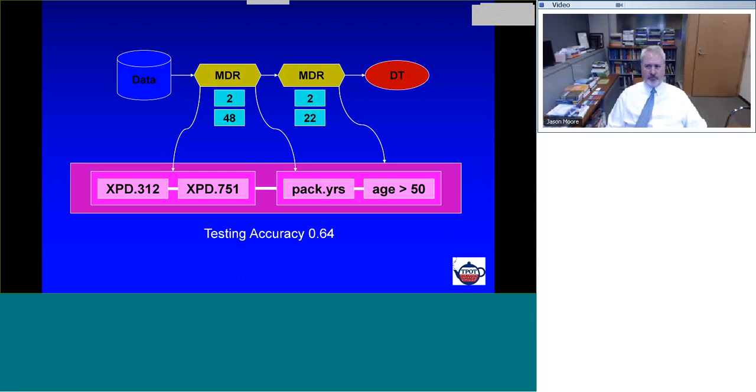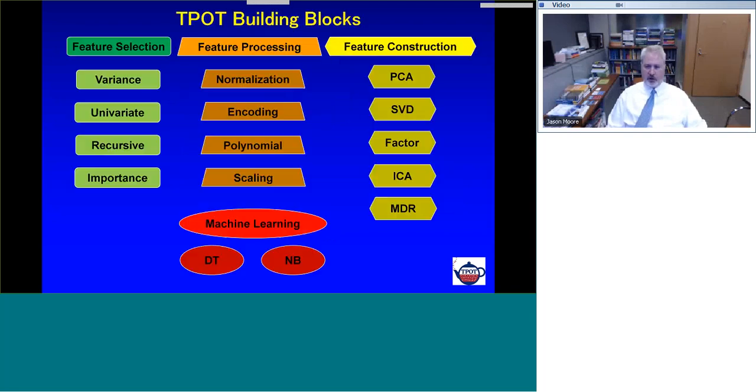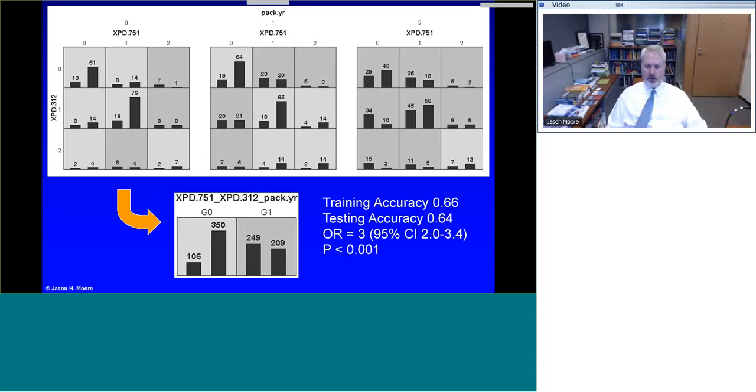Then those pairwise constructed features are fed to another round of MDR, shown in the darker, bigger pink box here, which takes those new constructed features and puts them together into a new feature, and then feeds that to a decision tree, which does the final classification. Now, the testing accuracy from cross-validation of this model in TPOT was 0.64, which matches exactly what we saw before